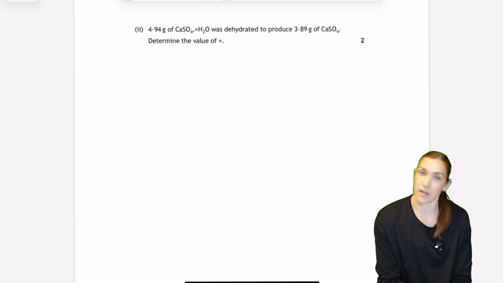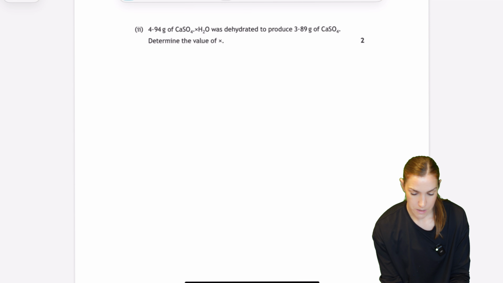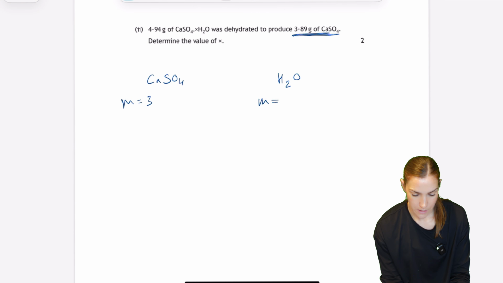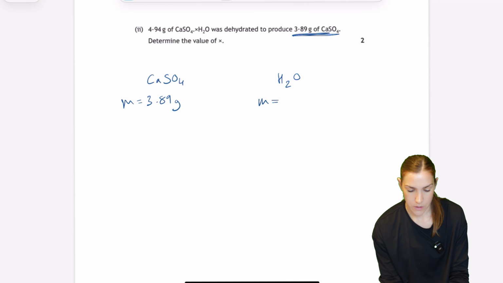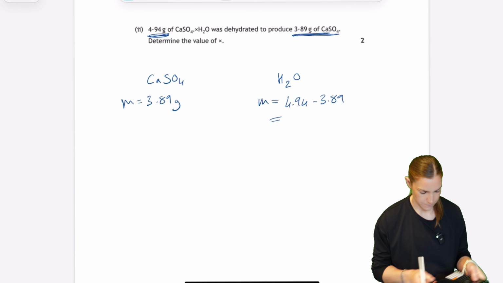So if we do the next example, same thing, but this time we're asked to calculate a value of X rather than a value of N, but there's really no difference. So we set up our calculation, we've got our dehydrated salt and then water. We find our masses. So the mass of the dehydrated salt is this one here, the one without the water. So that would be 3.89. Our mass of water is our hydrated salt take away our dehydrated salt. So that would give us